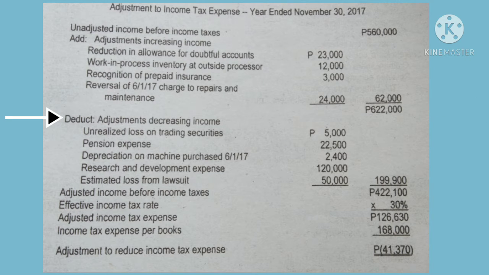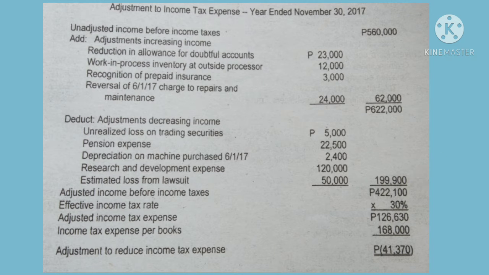Adjustments decreasing income from correcting entries will be deducted from the sum of unadjusted income before income taxes and adjustments increasing income, which is 622,000 pesos. Unrealized loss on trading securities, 5,000 pesos, is from the first correcting entry. Pension expense, 22,500 pesos, is from the fifth correcting entry. Depreciation on machine purchased on June 1, 2017, 2,400 pesos, is from the sixth correcting entry. Research and development expense, 120,000 pesos, is from the seventh correcting entry. Estimated loss from lawsuit, 50,000 pesos, is from the eighth correcting entry. Adding all five will result to